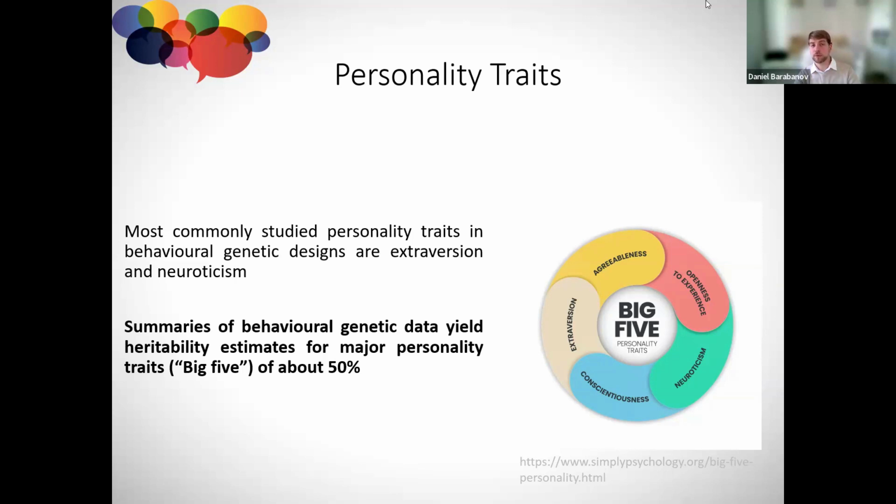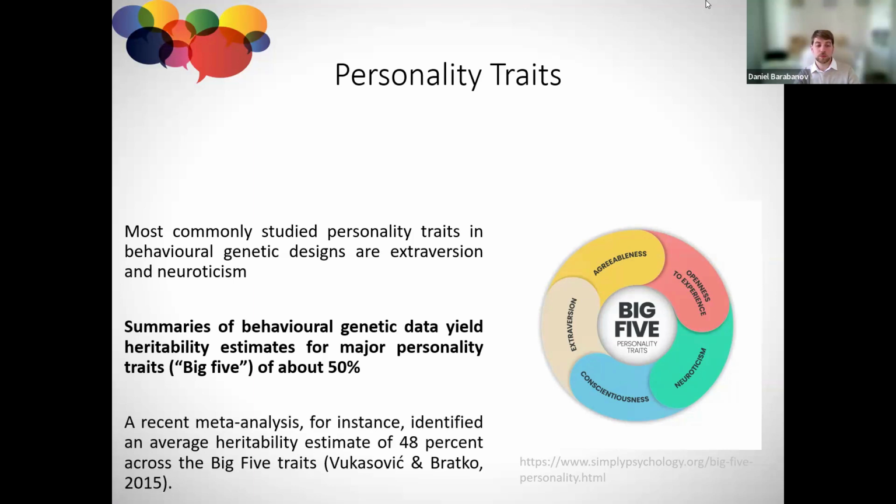So a lot of things depend on genetical factors, but 50% of environmentality also shows that nurturing, upbringing, education, psychotherapy, and all other environmental factors are also very important in your ontogenesis. A recent meta-analysis done in 2015 identified that average heritability is around 48%, right? So 52% for environmentality, around 50.